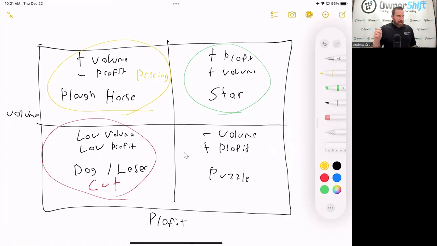Now, the puzzle piece over here, the reason it's a puzzle is we're like, hey, we make good money. Why don't we sell more of it? So this is the one that you would want to push, suggest to people, because we know it has good profit, but we're not selling a lot of it. So these are ones you could also, and let me phrase it this way,